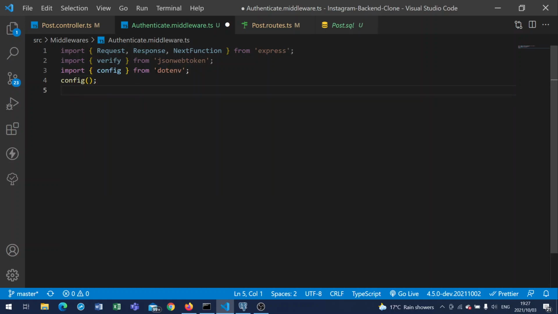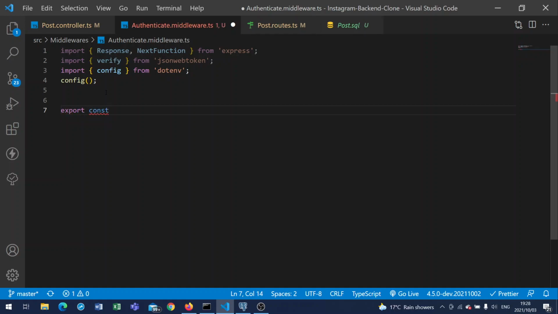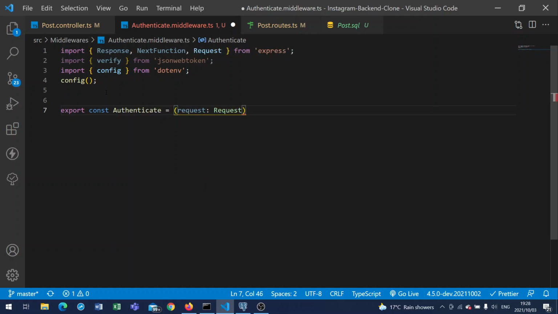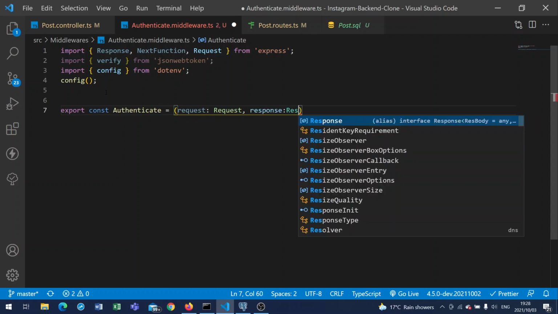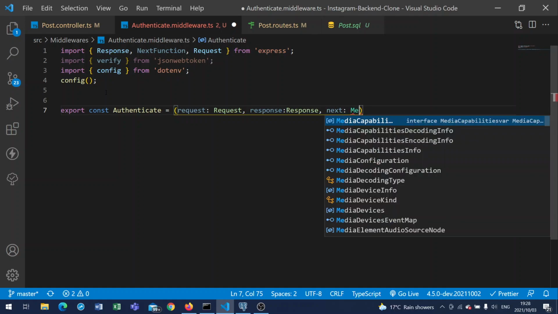But remembering that since we're going to attach a request.token, this might really not be necessary, right? The request, but then we will need the response and the next function. So we'll say export const authenticate, and then here this will be a request, which will be the request of that, and then we'll say response, and then next, and then we pass in the next